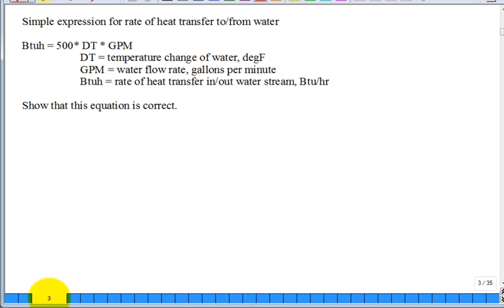Here's a simple expression for the rate of heat transfer to or from water. So we say this is the rate of heat transfer in BTUs per hour. It's a constant 500 times the temperature change in degree F times the gallons per minute flow rate. Can you show that that correct equation is correct? Could you derive that equation? If I gave you a blank sheet of paper and said, show me that this is the correct equation with units. So here it is,